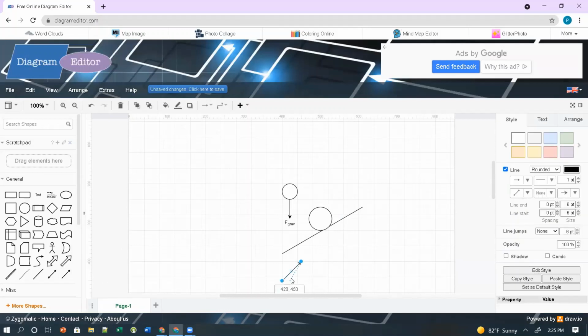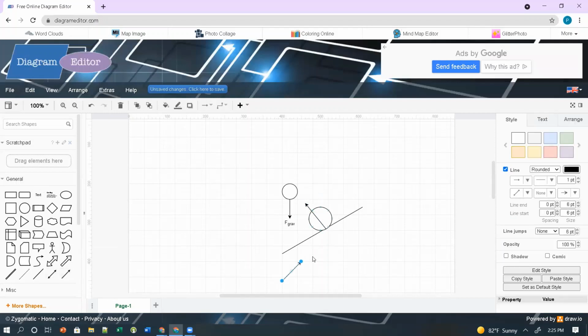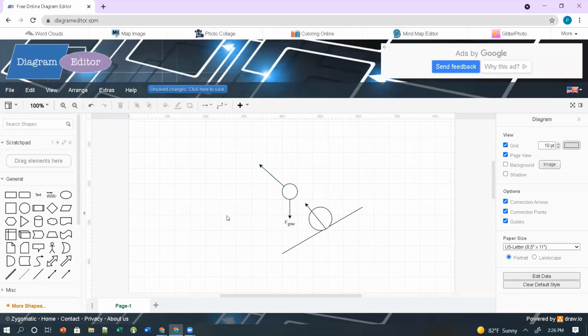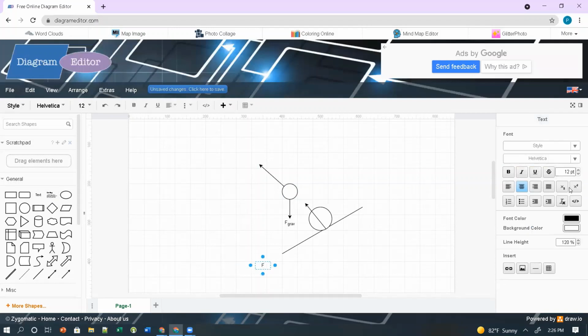So the normal force is actually going to point like this. How we can label that on our diagram is to show roughly the same angle. So we're going to go back right here from the center and draw it at roughly the same angle, like that. And that is going to be labeled as the normal force,